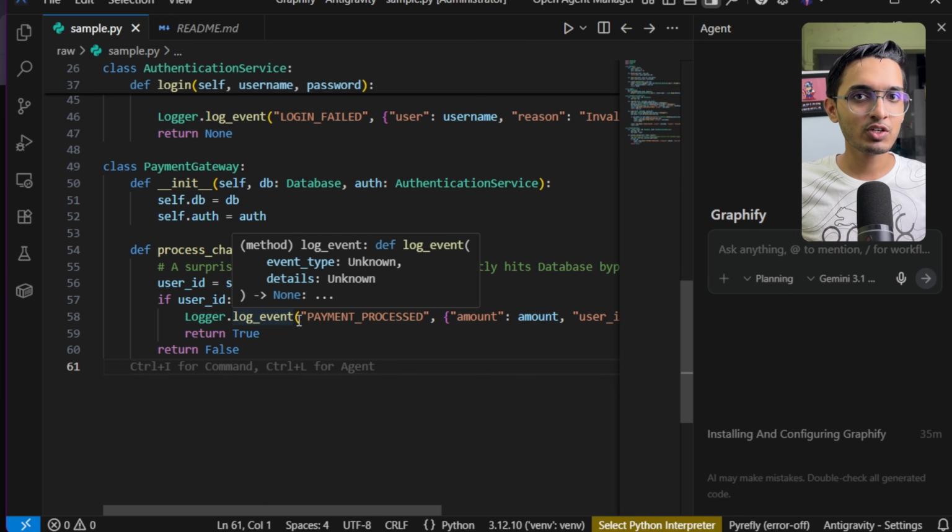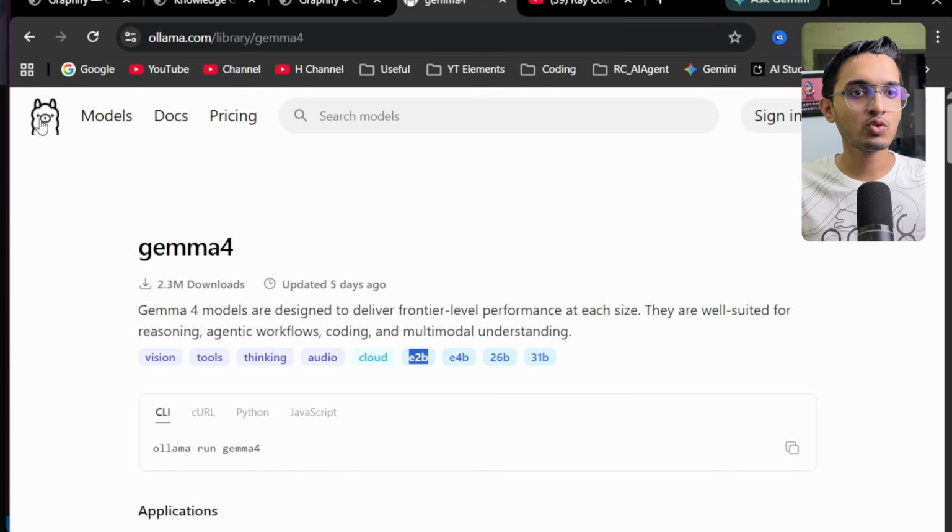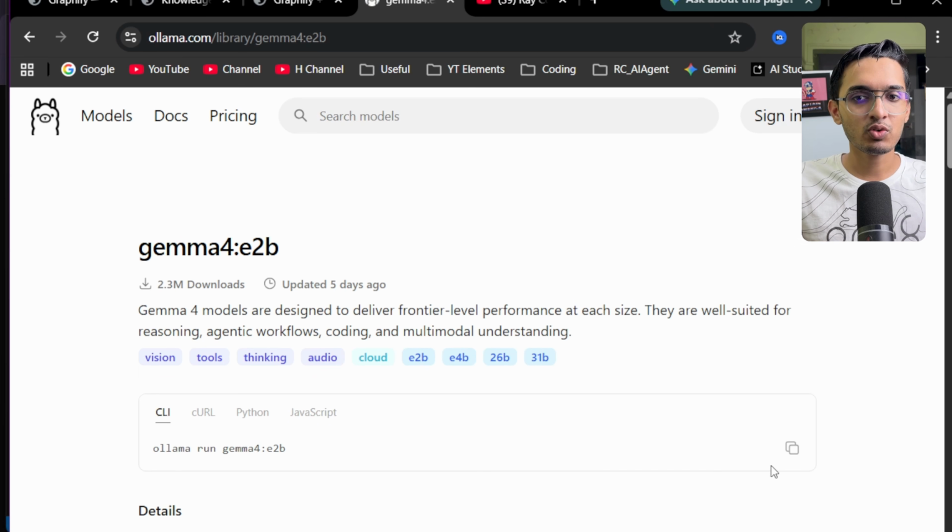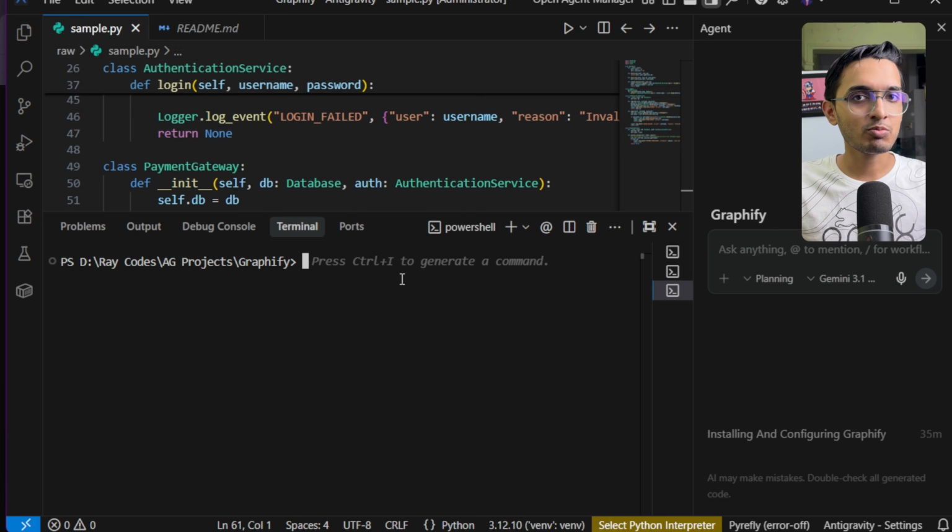Now to run the Graphify tool, first we need to register the local Ollama model. If you don't have Ollama installed, just go to ollama.com and click on download. We are going to use the Gemma 4 model, so I'll just scroll down and select the E2B version, which is the tiniest version of this Gemma 4. Then I'm just going to copy this query. Next, in the Anti-Gravity terminal, we just need to paste that simple query, and this will load the Gemma 4